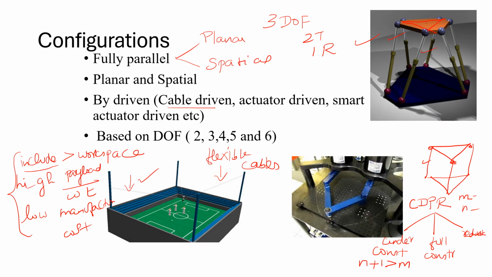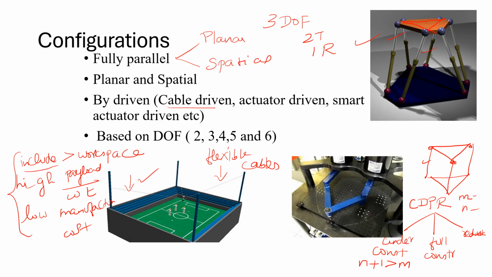Here n refers to the degrees of freedom and m is the number of cables used. So n plus 1 greater than m is the condition for an under constrained cable driven parallel manipulator,